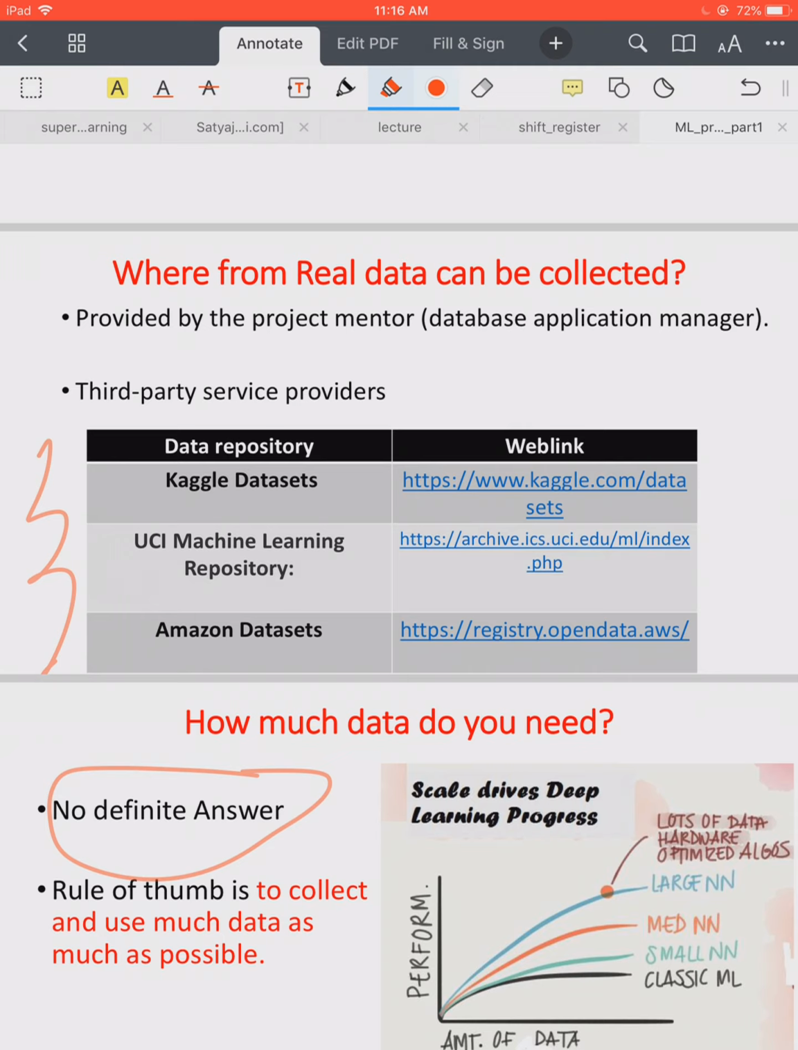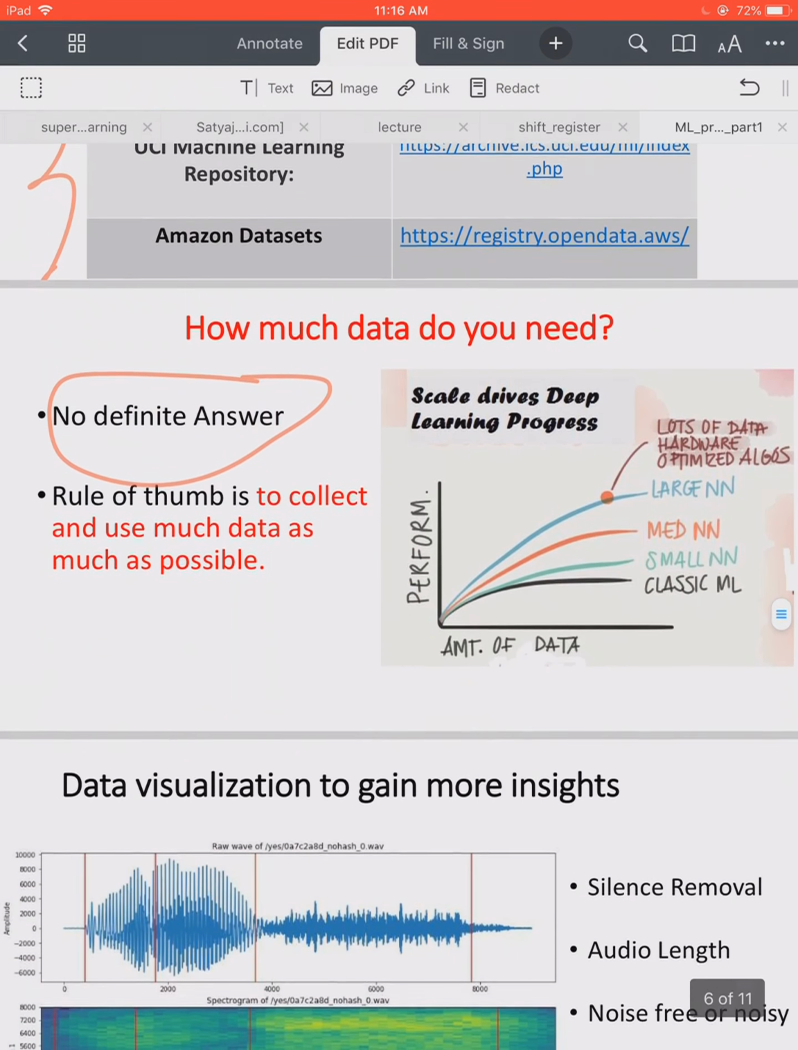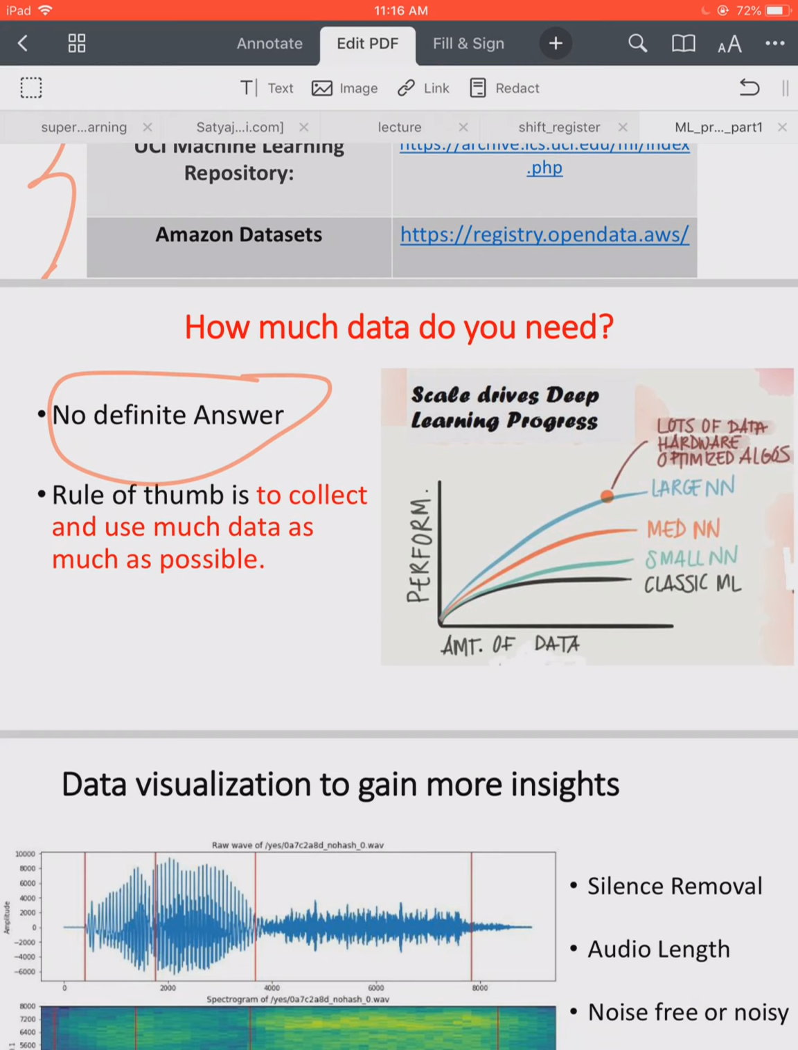So now the question is, how much data do you really need? This is an interesting question, but it has no definite answer, because how much data you need depends on how many features there are in the data set. The rule of thumb is to collect as much data as possible, because if you look at the performance